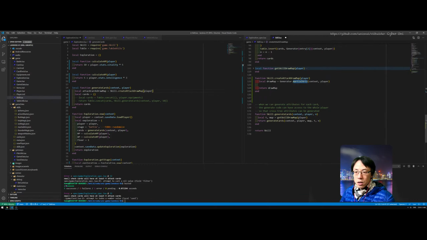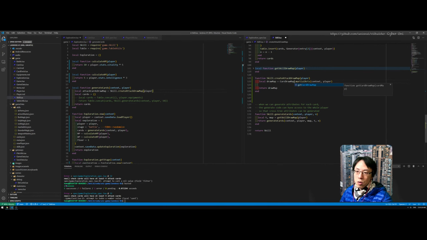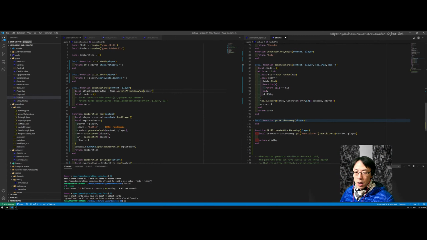So generator, let's just call card draw map dot get and martial arts, right? And then what we pass in, we can pass this in, or for simplicity we can pass the player in and have the context, player and martial arts, right? And then